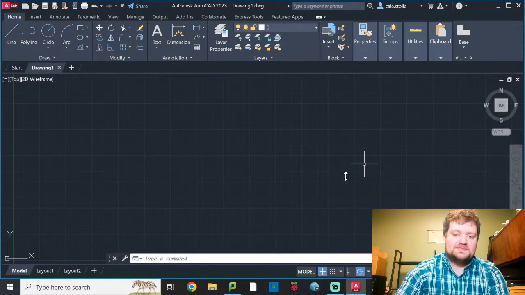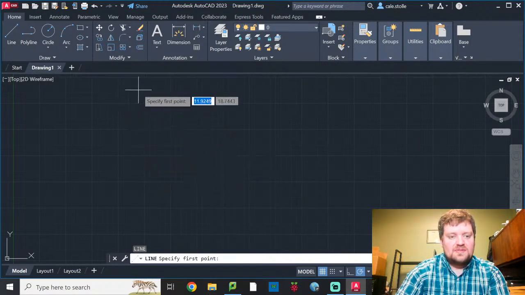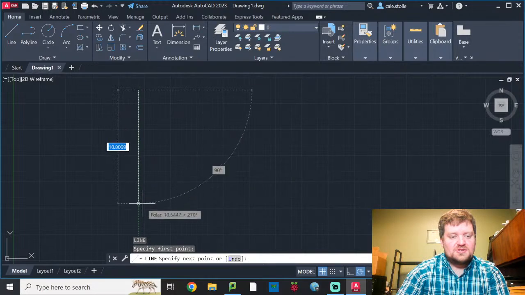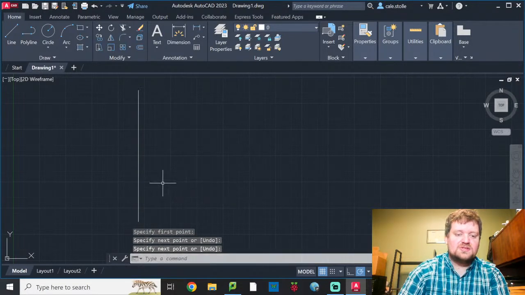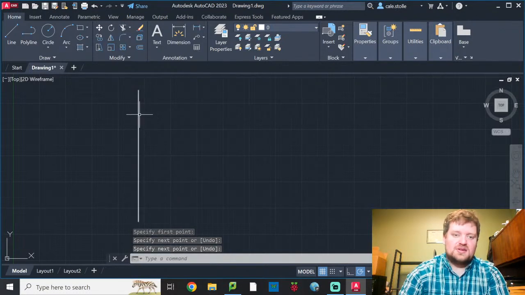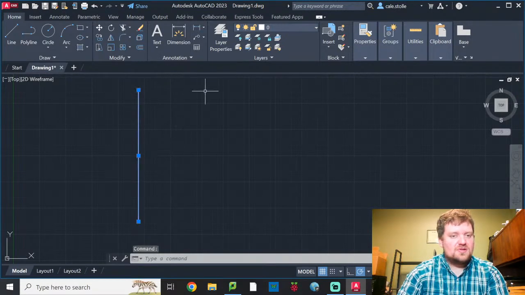of lines. Okay. So here you can go up to line. Here I've just typed in L, enter. Now I'm going to specify first point. I'm just going to drag down. Hit enter and that'll close it. If you hit escape, the line disappears. So yeah, now that we have this line, I'm going to take this and I'm going to create a rectangular